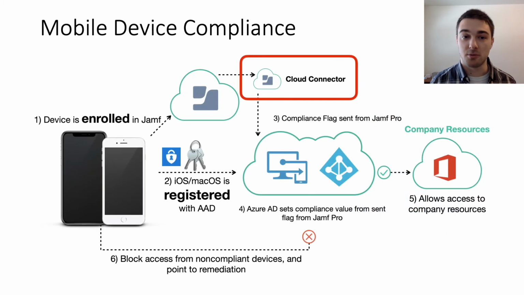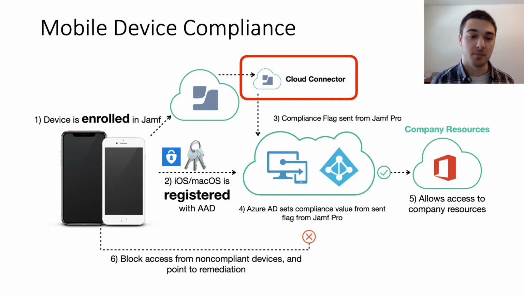Now we'll take a look at the mobile device compliance. It's very similar. The device is enrolled in Jamf with an MDM profile. That gets it its password settings and any other security-related profiles. The device is then registered with Azure Active Directory using the Authenticator app instead of Company Portal. That creates the device ID and gives the device a token within MSAL in the Authenticator app for later use